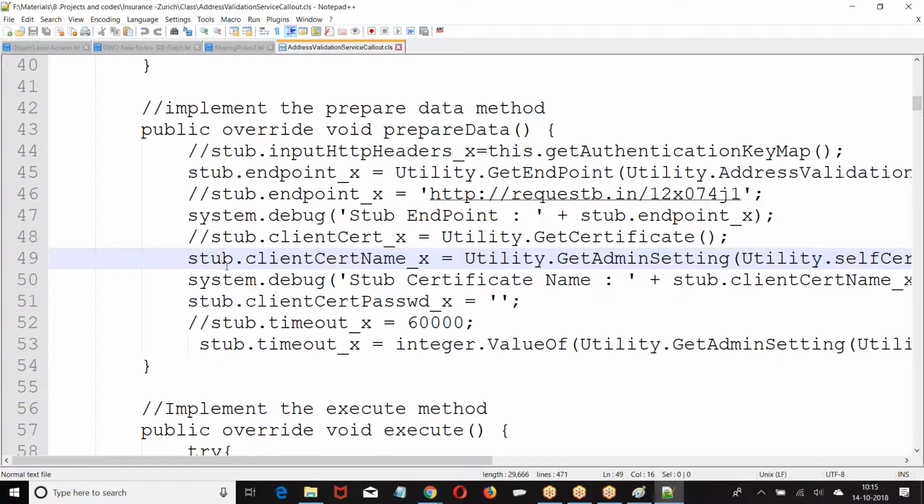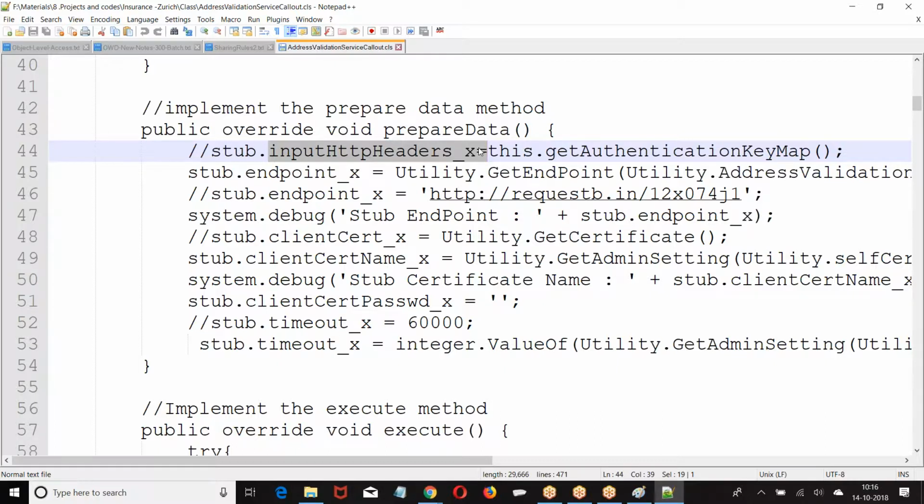Second one, I told you about the header element. If you are expected to pass the data in the header element, we use that. If you are expected to pass the username and password in the header, I told you we can also pass it in the input headers. We can put key value pairs in the form of input headers. If you already have an access token, we can straight away put it in the input header. I cannot pass a login ID and password and generate a session ID. In the input header, I can pass my access token. Through some other method, you have generated an access token. That access token I want to send, then I can simply put it in the input header.